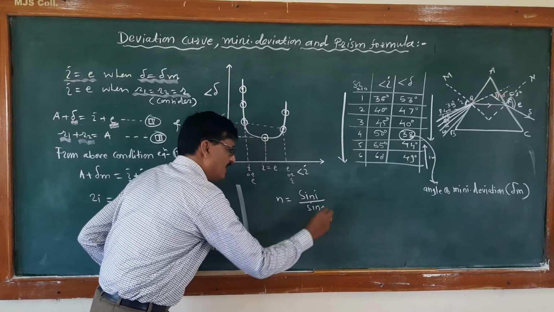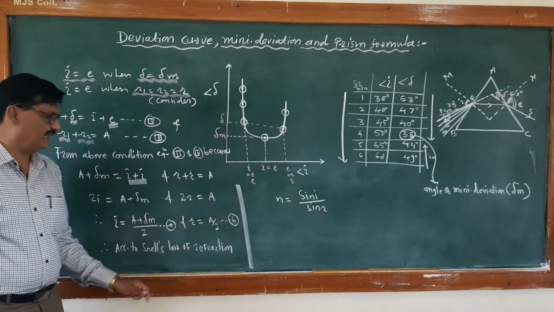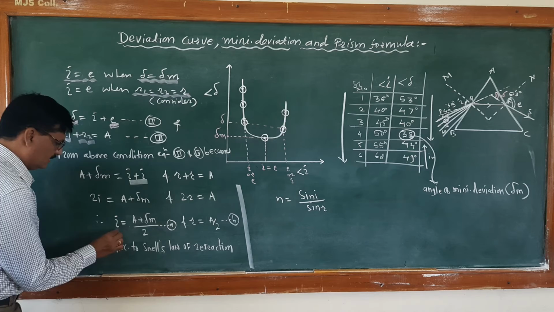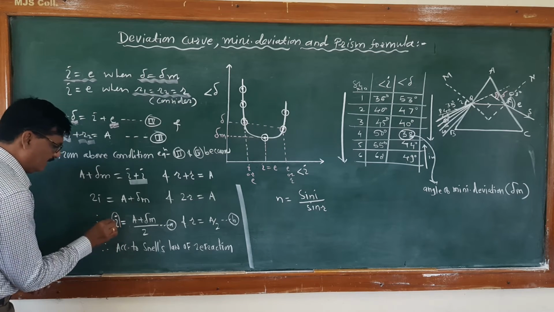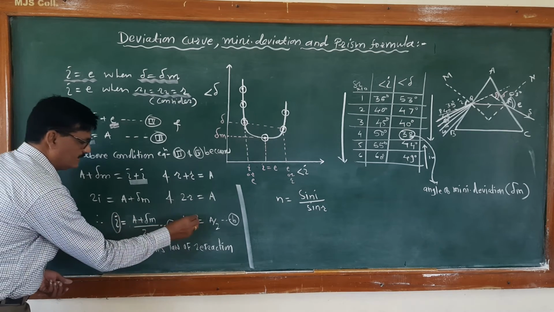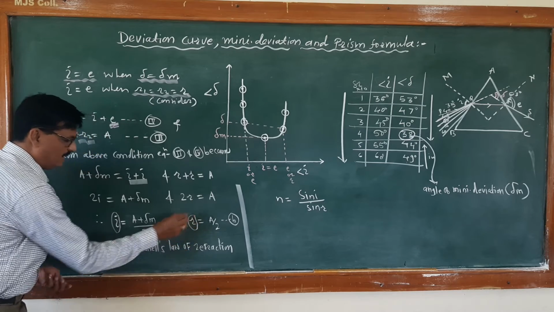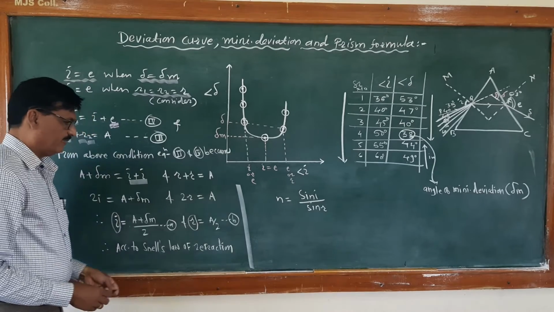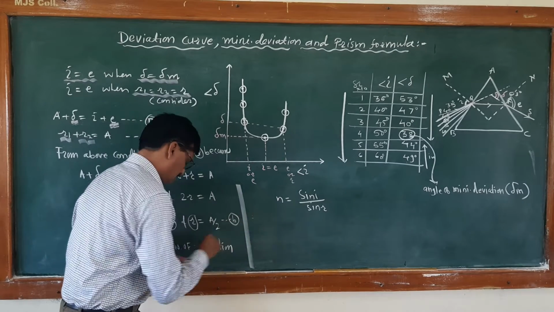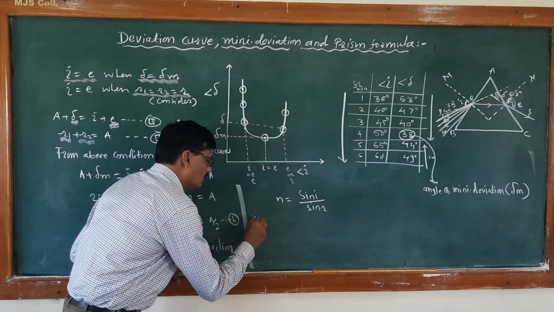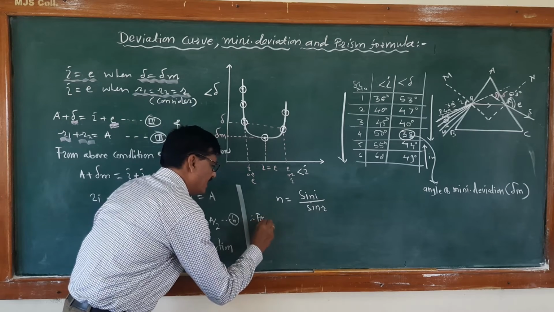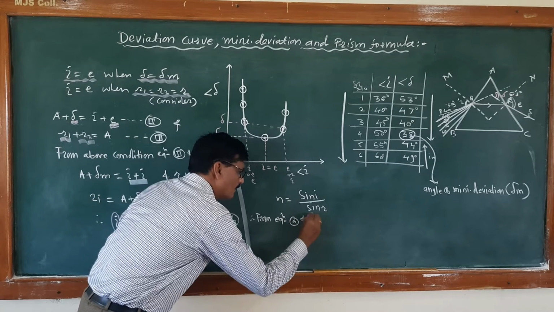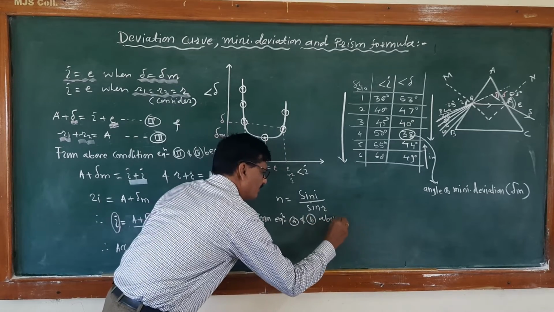And already we know the value of I and r. I is equal to A plus del M upon 2, and R is equal to small a by 2. If you substitute the value of I and R in the above equation,